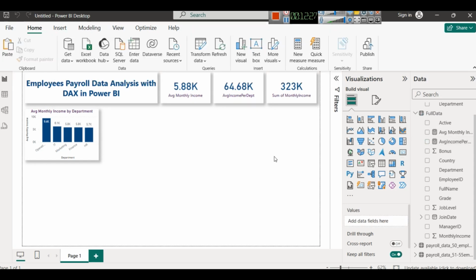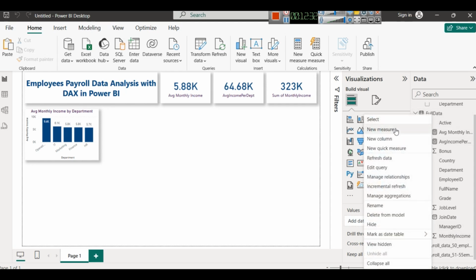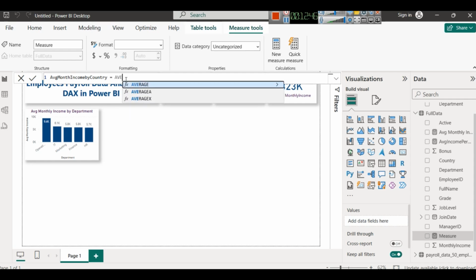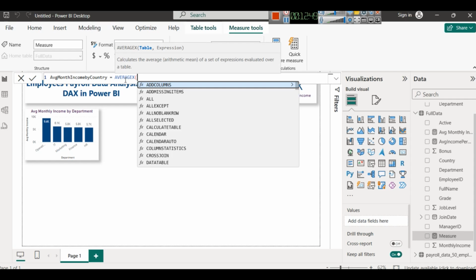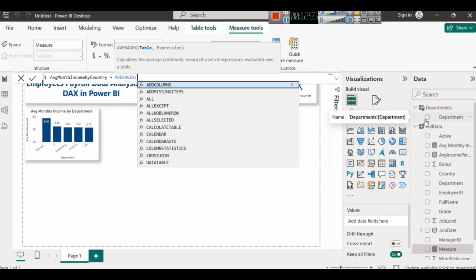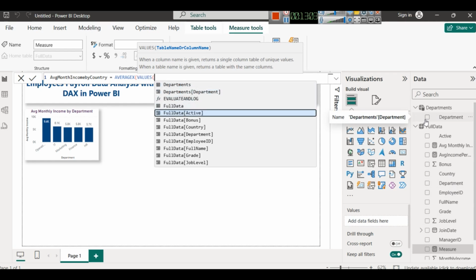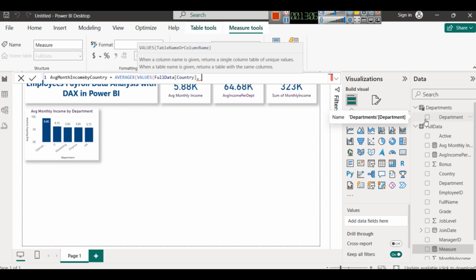Similarly, if I ask you what is average monthly income by country, now give me the code. Let's write average monthly income by country. Value, AVERAGEX, and table. We have already created the departments table, but here we don't have anything for country. So values, Country, full data country. This is our first argument. Then,